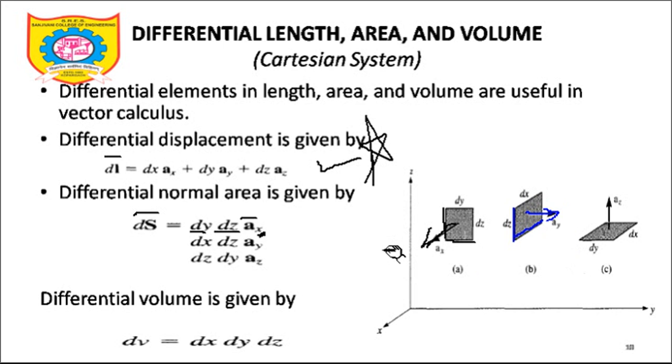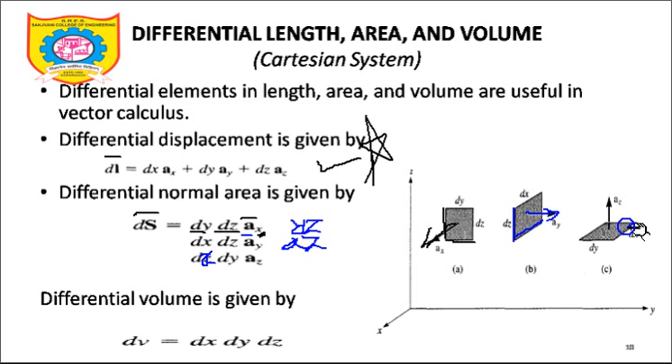So the next thing we will see is ds bar for the xz plane. It is dx dz ay bar. So dx dz ay bar. So this is for the yz plane. Second one is for the xz plane, and the third one must be for the yz plane, dy dz. So see, variation along, no, this must be dx. Okay, so the third plane we will see is dx dy.